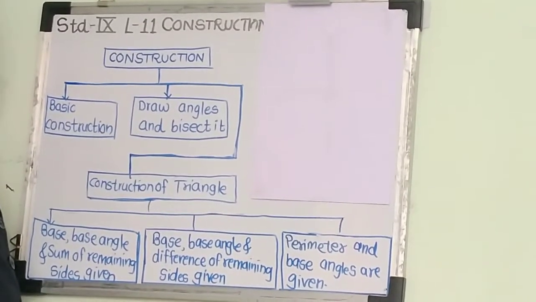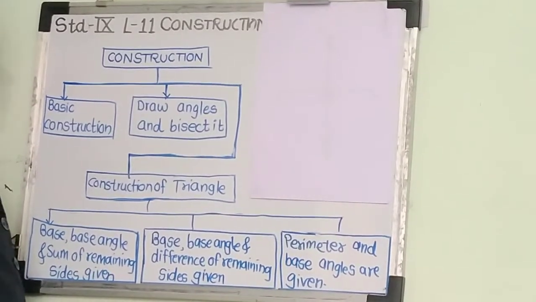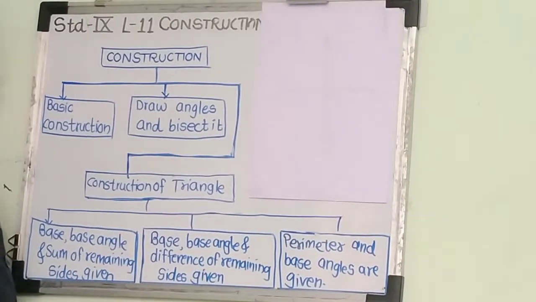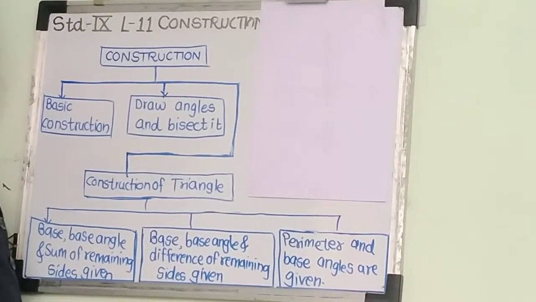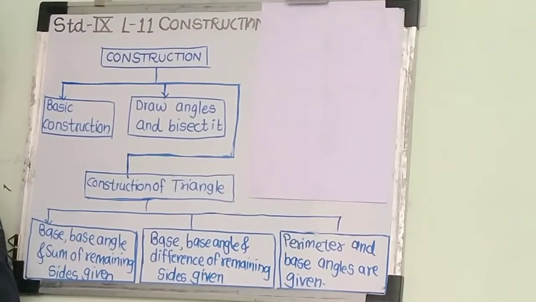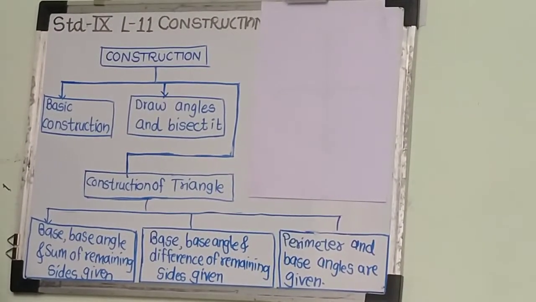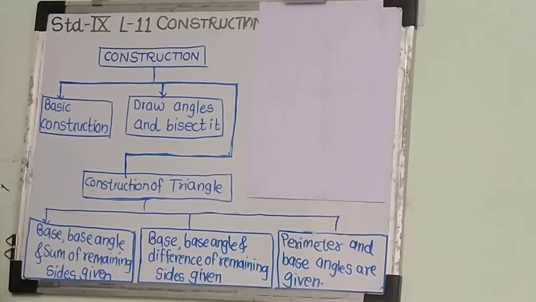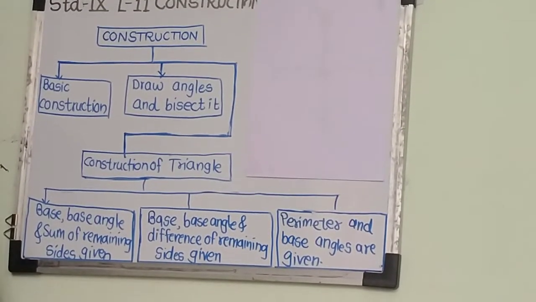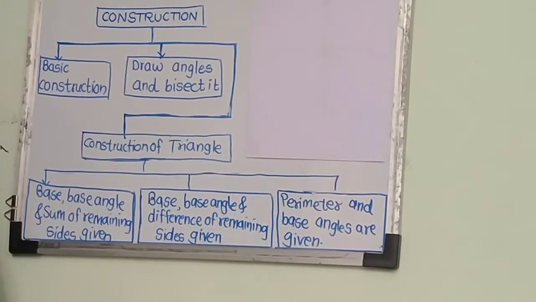In the previous lecture, we saw lesson number 4, that is linear equations in two variables. In that lesson, we studied the standard form of a linear equation, how to find the solution of a given linear equation, and finally how to draw the graph of a linear equation on graph paper. So in this way we completed our lesson number 4.